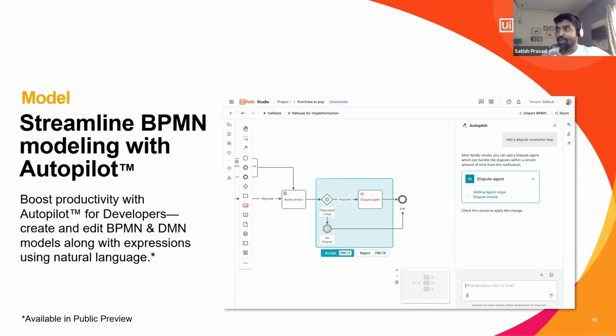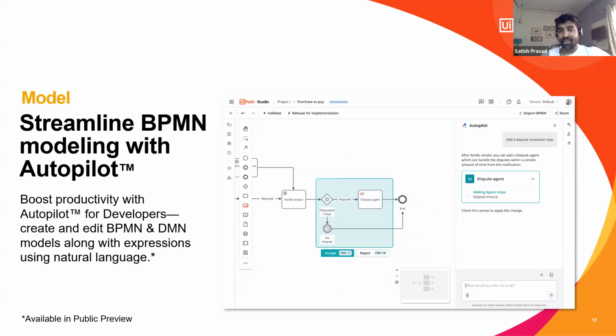You can work with the tool with the help of Autopilot. You can give your instruction in a prompt manner so that UiPath Studio will understand and design the process automatically for you. It will give you the option to accept and reject. It will also allow you to change anything you want.